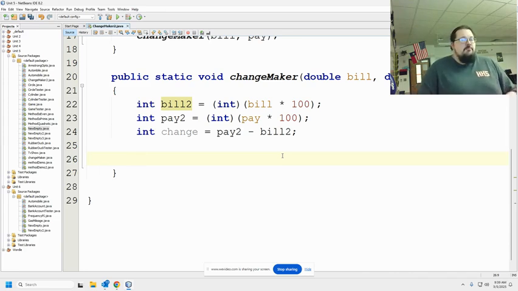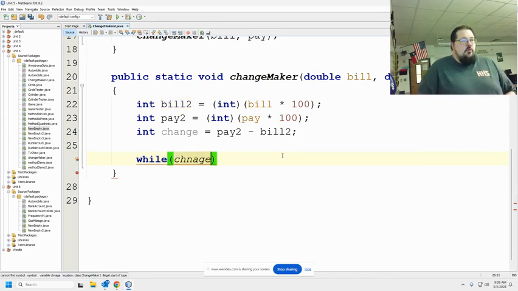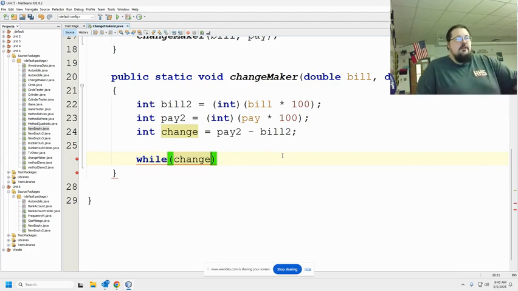Okay, it's simple math, but it's repetitive because you might give them multiple 20s, multiple 10s, multiple quarters, multiple pennies, whatever the case may be. So the way I like to do it is I'm just going to do while loops because these are just simple to me. There are ways of doing this with mod and division and so forth. Nothing wrong with those. Again, you just have to be very careful of your data type arithmetic. Ints give ints, doubles give doubles, and to make sure we have no rounding errors, we're going to stay in